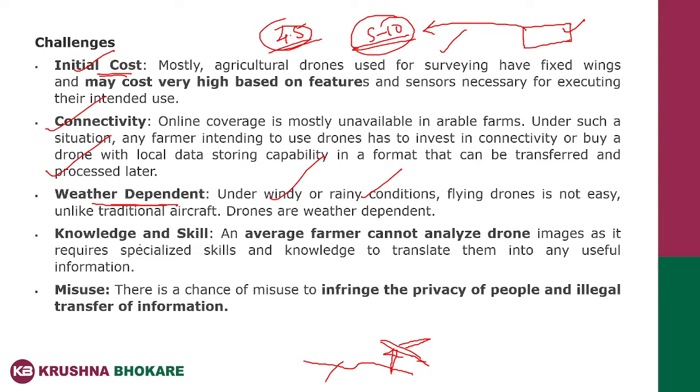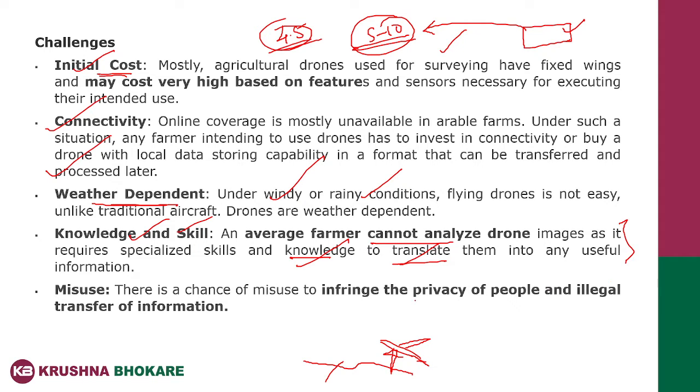Another thing is knowledge and skill. You know that the average farmer cannot analyze the drone data or drone images. For this, the farmer has to send these images or data, particularly regarding infestation, some land related data, or moisture condition related data, because that data is in a different form. To translate the data, the farmer has to take help of someone. So for getting the best use of this Kisan drone scheme, the government has to train the farmers. Farmers can get trained, but it will take a little bit of time. So there is a gap between knowledge and skill before implementation of this scheme all over